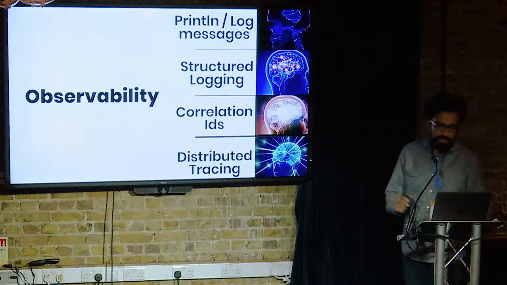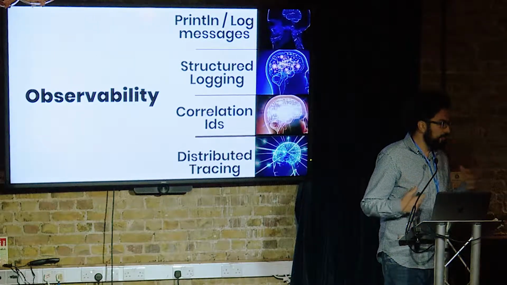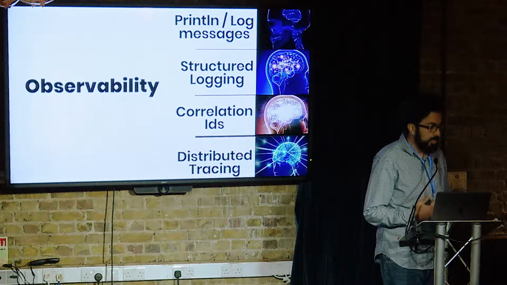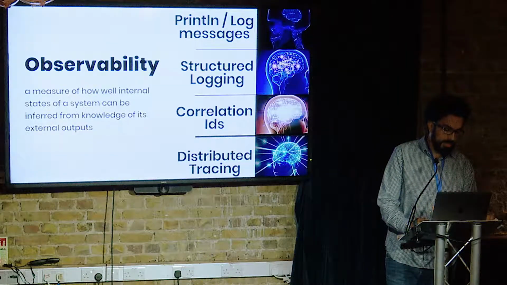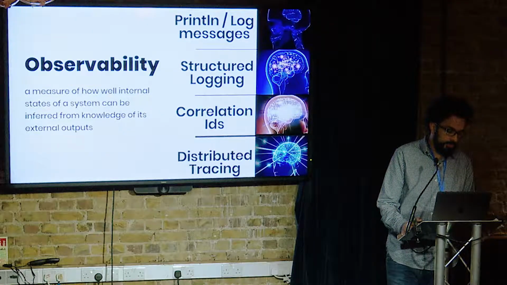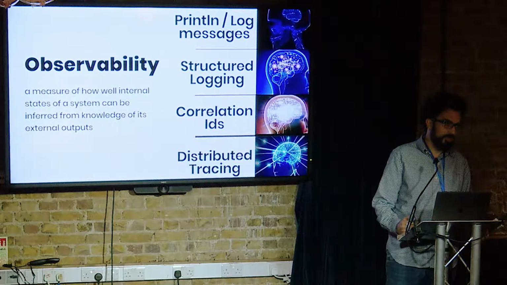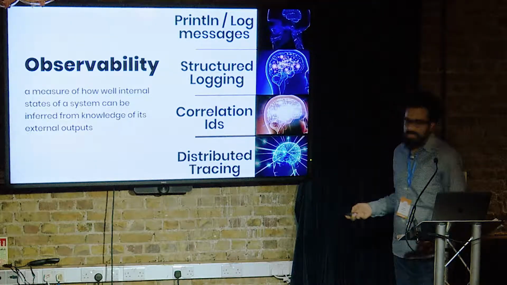All right, so distributed tracing is a part of a bigger family, a bigger umbrella called observability. According to Wikipedia, observability is a measure of how well internal states of a system can be inferred from knowledge of its external outputs. Okay, what does this mean? It basically means that,